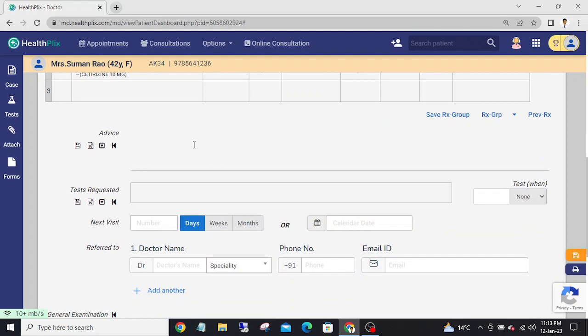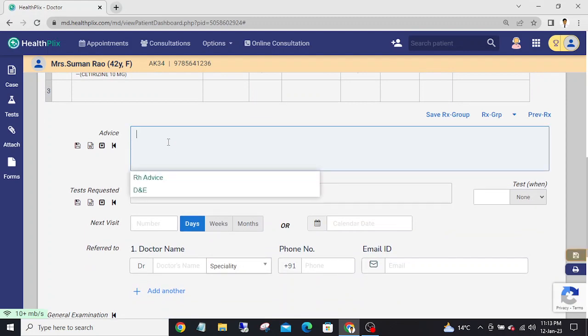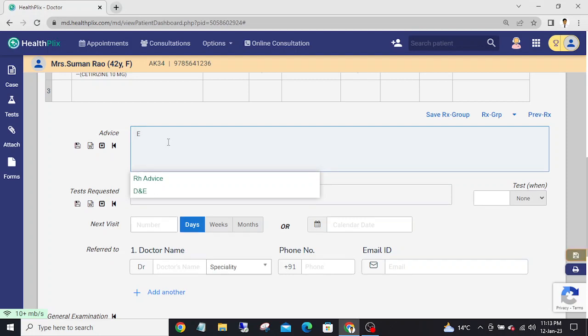Now let's move to the advice part. You can type and write your own advice. Say for example,